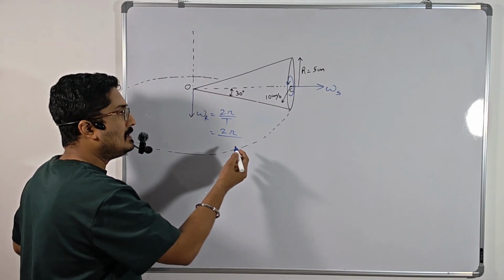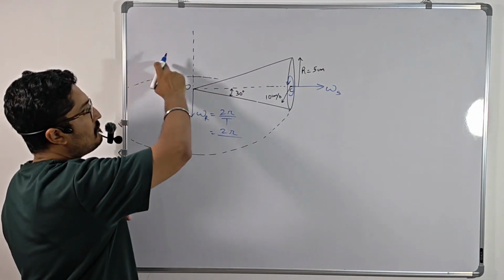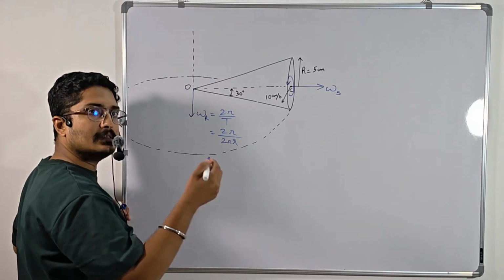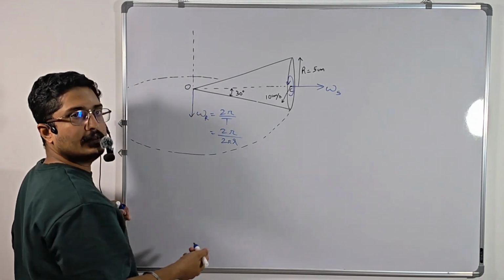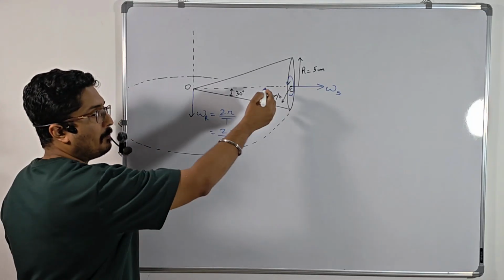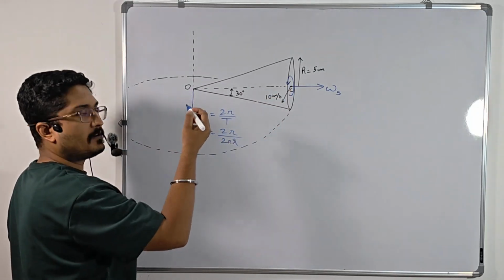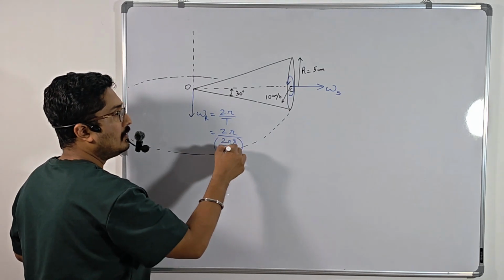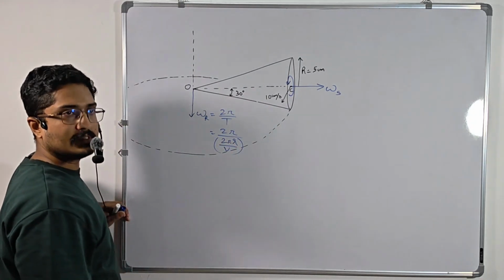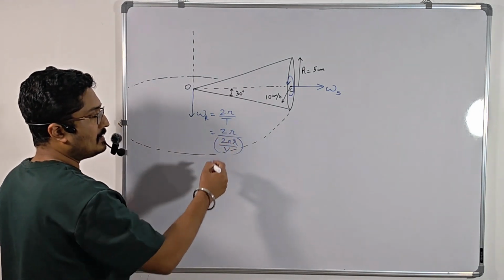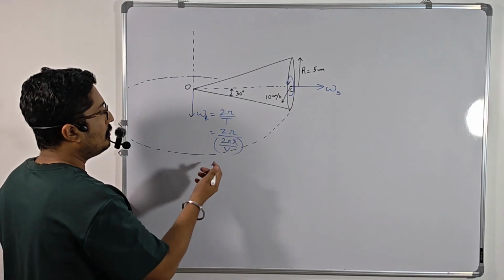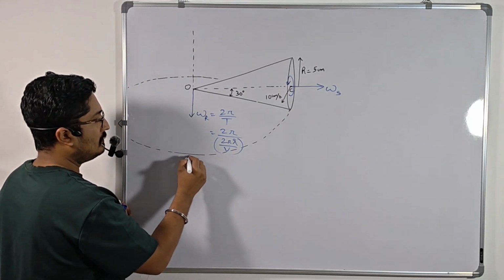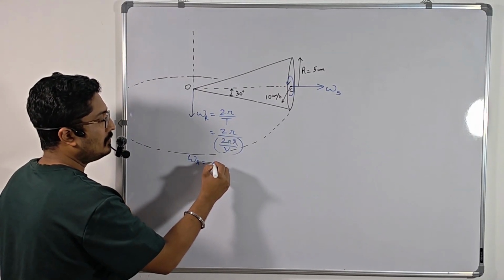The time period can be easily said as the total circumference of the circle, 2 pi r, which is covered by this cone. The point C is covering this circumference with what speed? It is covering this by the speed of this v, that is 10 centimeters per second, right? So from here I can cancel the 2 pi's and I'll be able to get omega R equals